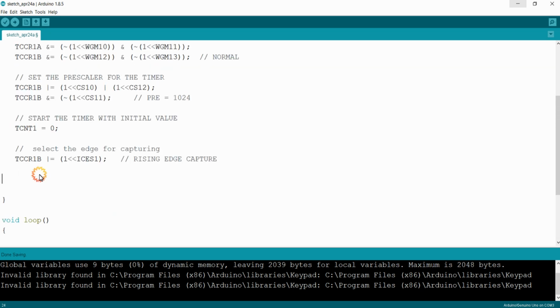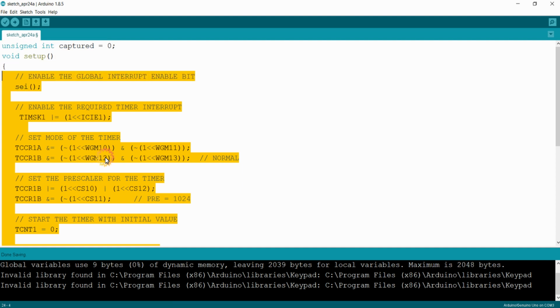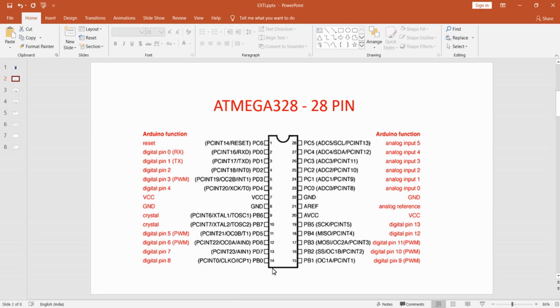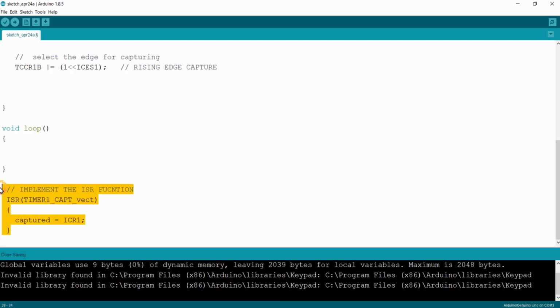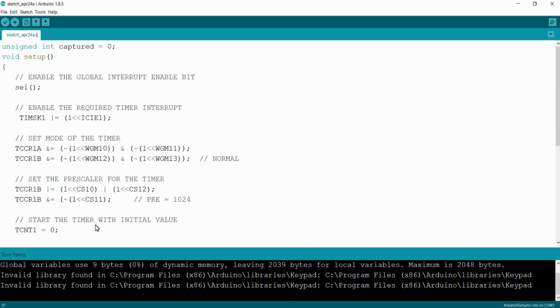That's all about the configuration part. Regarding the programming logic, we are going to connect a push button to PB0 in pull down logic. Whenever we press the push button, a rising edge pulse will be given to PB0, and whenever the button is pressed, this interrupt event will occur, and the input capture register value at that moment will be loaded into the variable captured. Thus we will fetch the timer count value whenever the button connected to PB0, the input capture channel, is pressed.